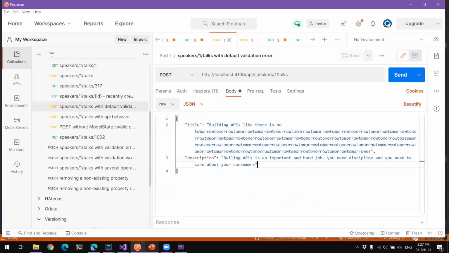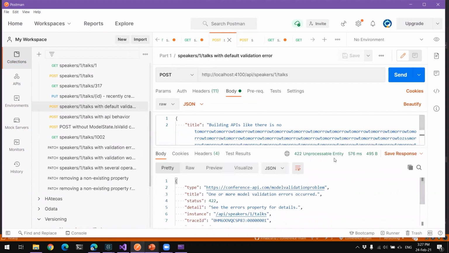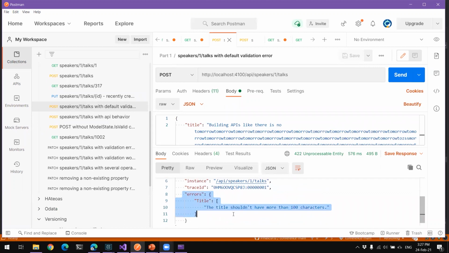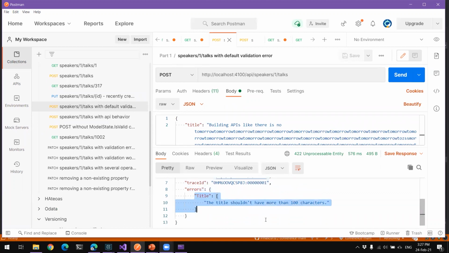So I also have here a post that breaks the validation that I added. The title field shouldn't be more than 100 characters. Well, I add more than 100 characters. I had the description, and if I issue the request, I will get back unprocessable entity, and the type and the title, the status code, the instance, and also an errors object that is basically an array of stuff.